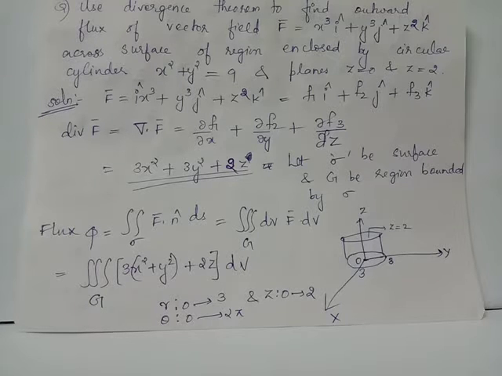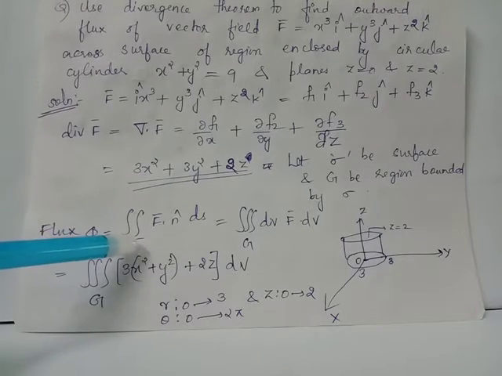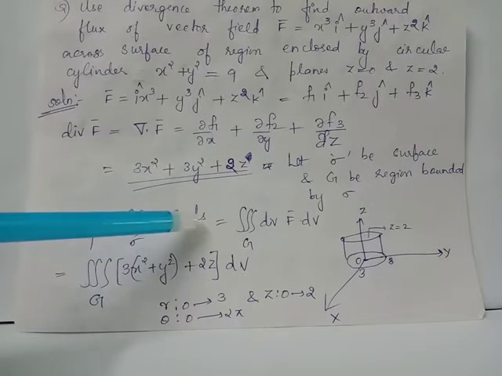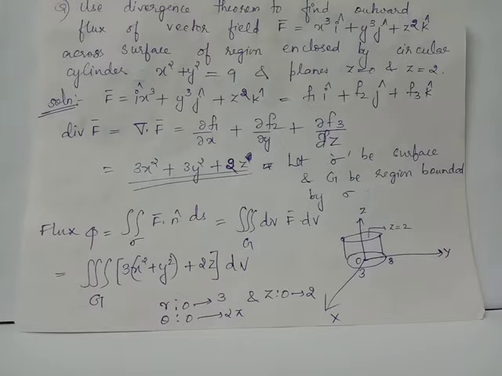We have the solid G, the cylinder which is bounded or enclosed by the outer surfaces. The 3 surfaces altogether form a closed surface which bounds the solid G. By divergence theorem, we know that the flux integral, double integral over sigma F bar dot n cap dS, can be equated to the volume integral, triple integral over G of divergence of F bar dV, where n cap is the unit outward normal with respect to the surface.